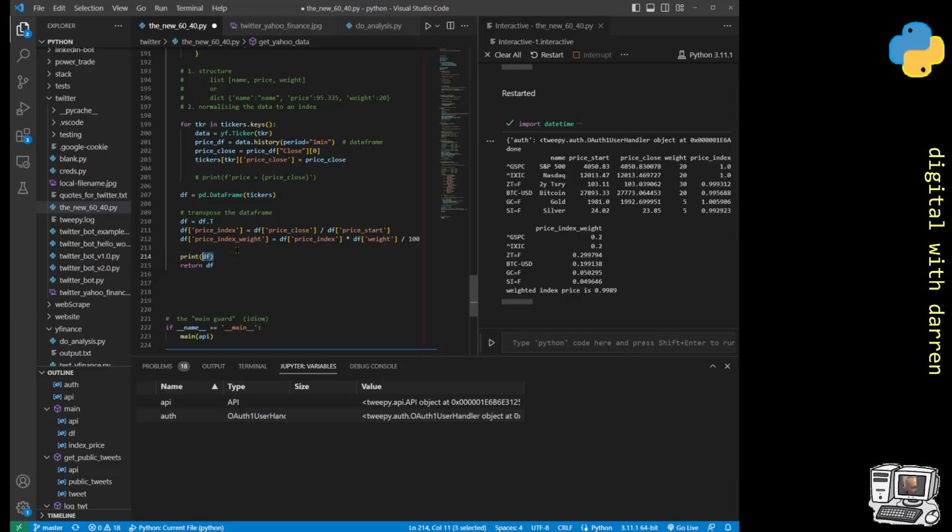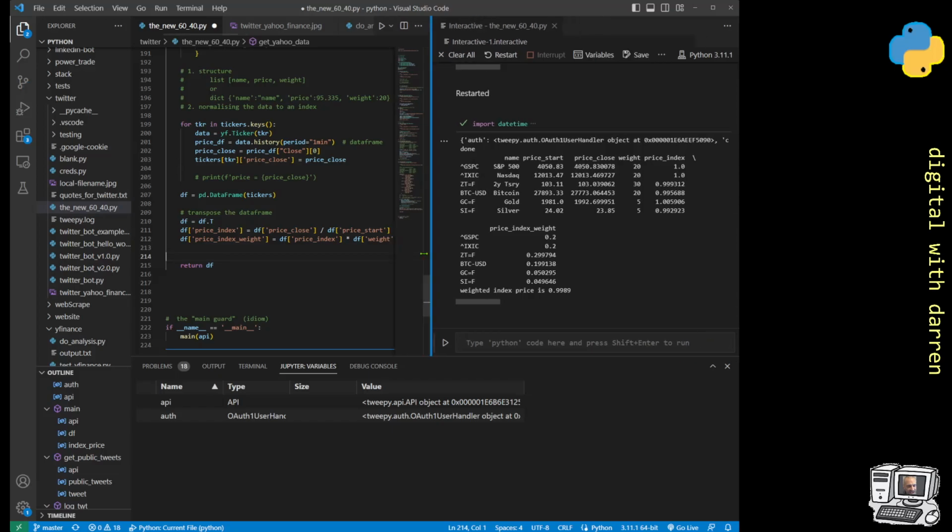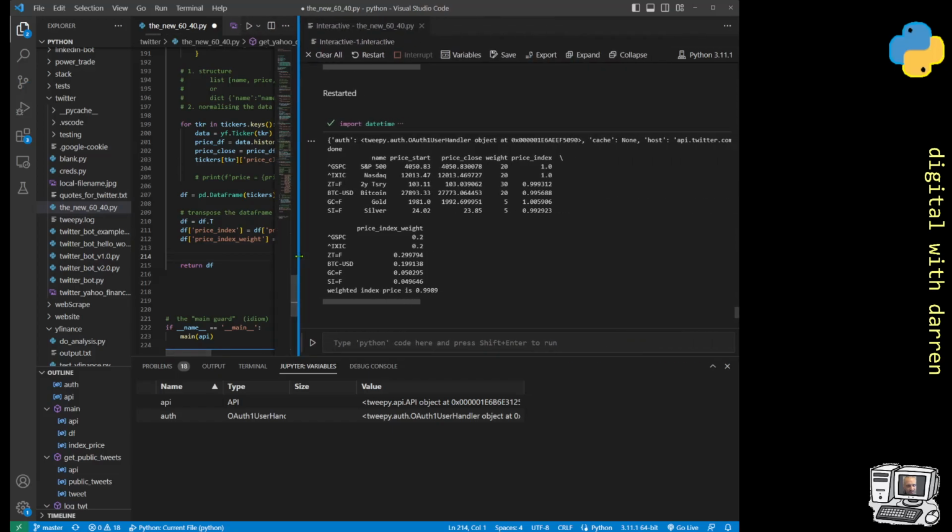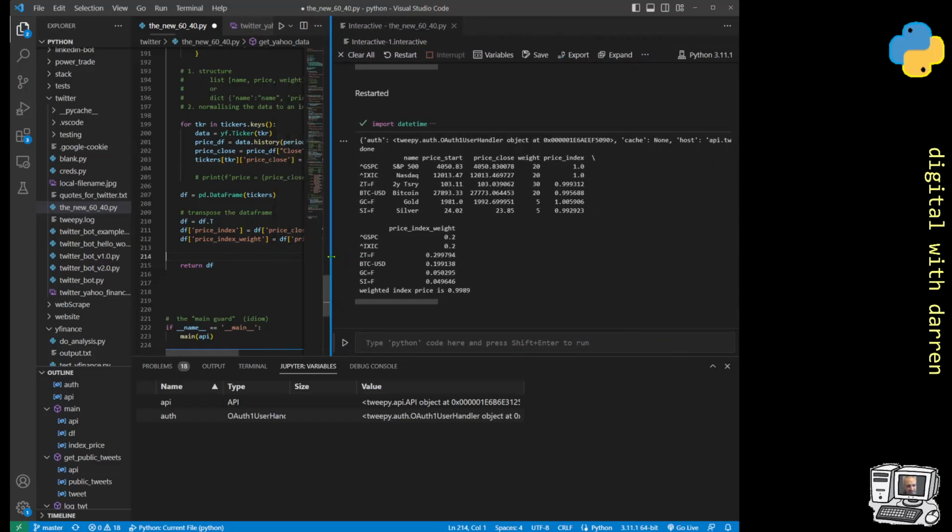We've returned the data frame here. So if we wanted to get that out, okay, fine. It's fine. We can see that it's there. Basically, if we wanted to now get it out into our Jupyter variables, this one's running over the line end, but it's fine because we can see that